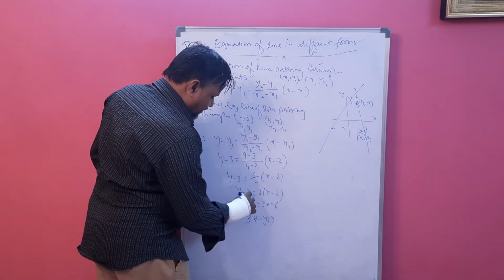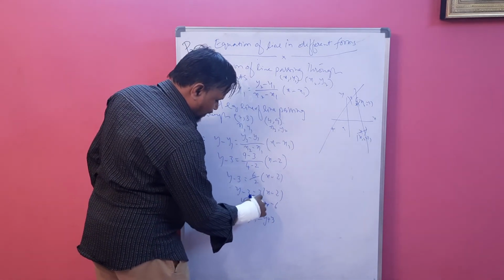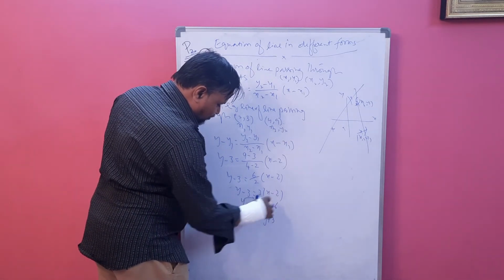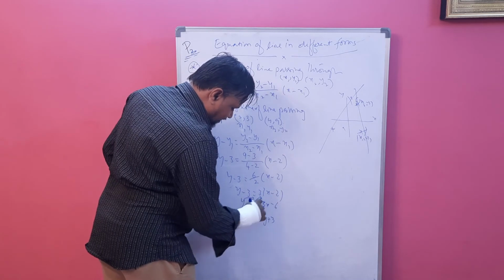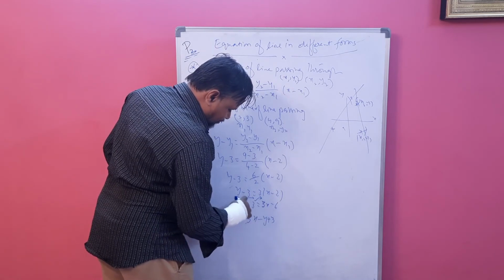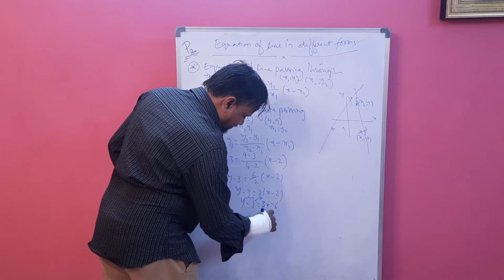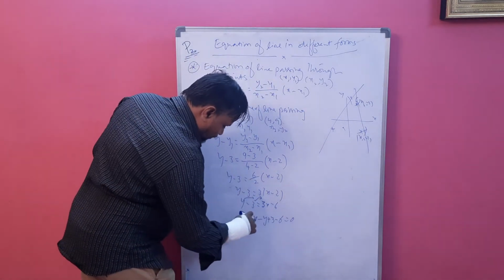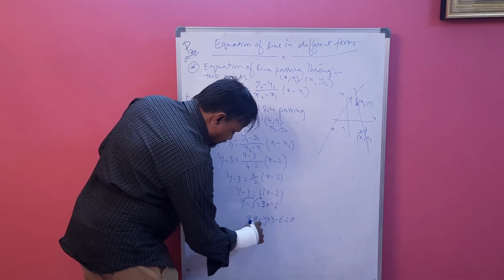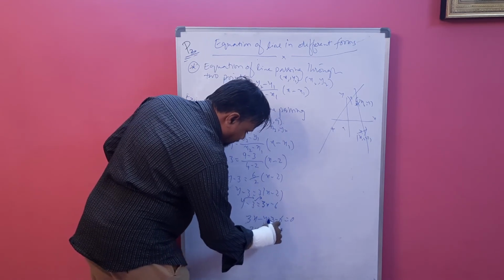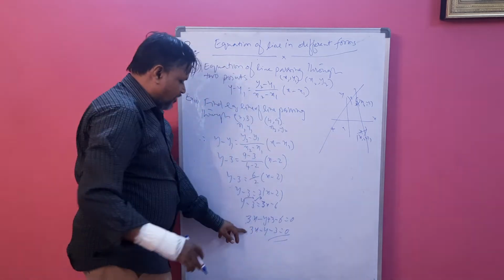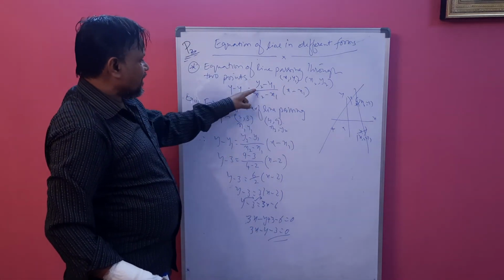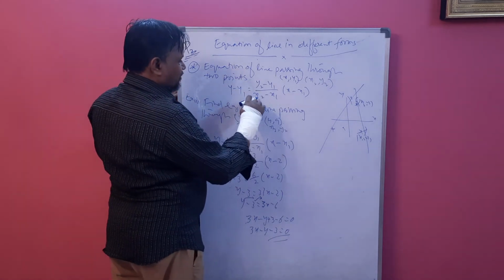These values are moving to that side. Why? Because always the x value should be positive. So if it is positive, we have to move these numbers to the other side, the x side. So it becomes negative, this will be positive, and this is again on the same side of x, so it is same. Now this is our equation: 3x minus y minus 3 equal to 0 is the equation passing through these 2 points. Okay, remember that.